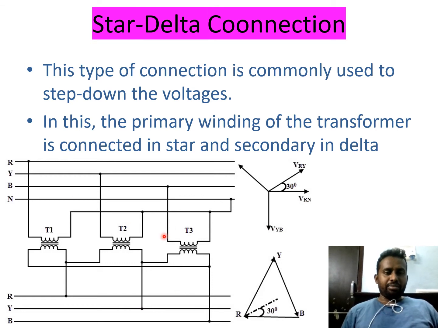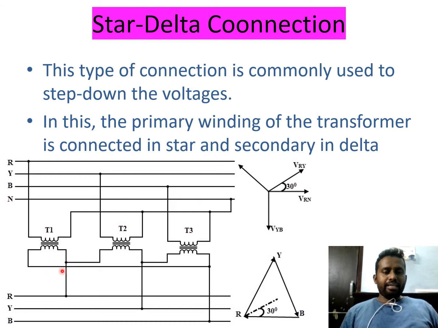As we have seen in the previous slide, because this is a star connection, all the second terminals are taken together. The second terminal of T1, second terminal of T2 and second terminal of T3 are connected together to neutral, and the first winding is connected to R, the first winding is connected to Y, and the first winding is connected to B. This is called a star type of connection. So, this becomes a star with these voltages.